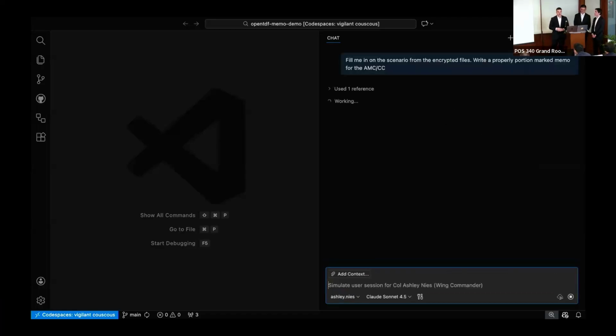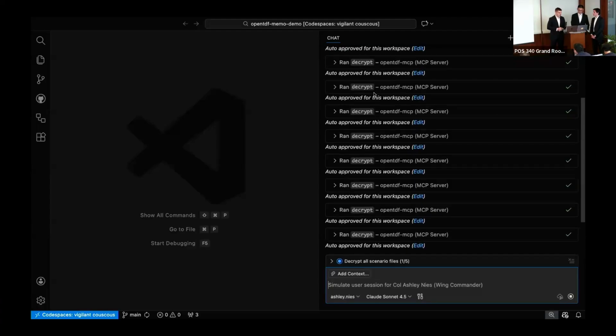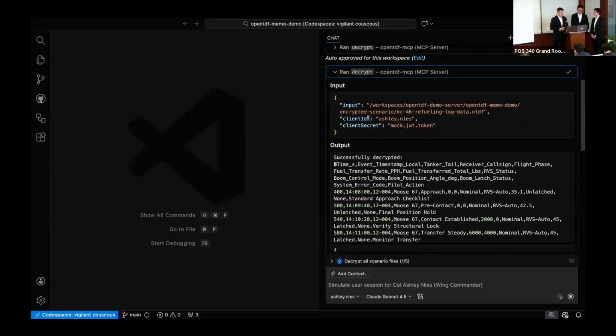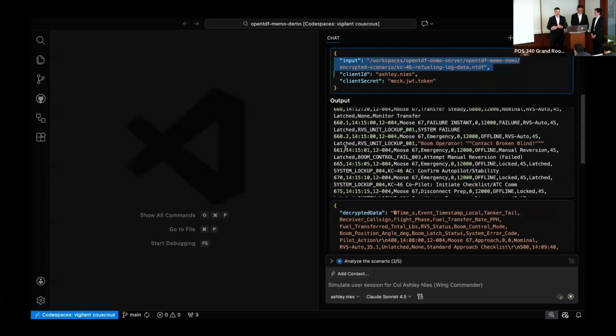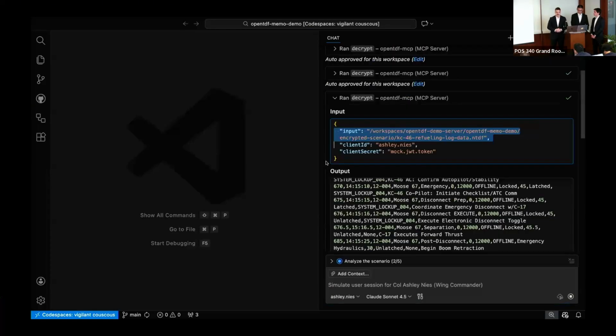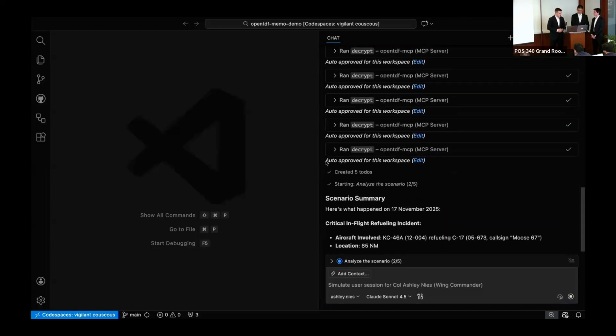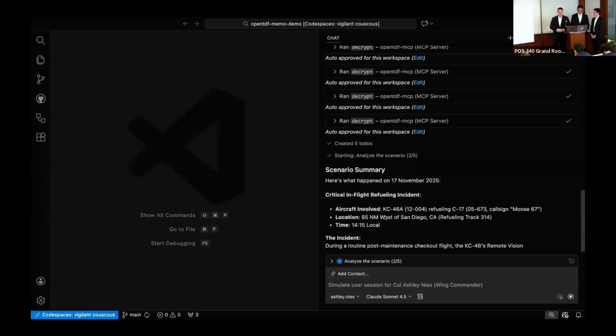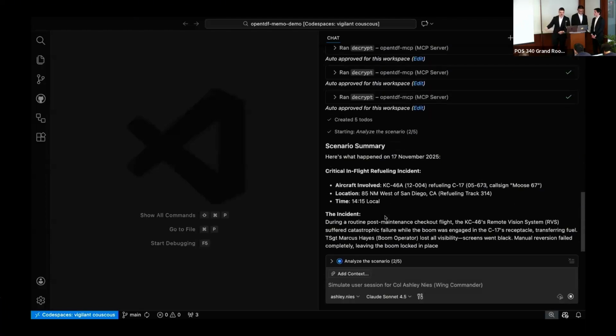Excellent. So now the OpenTDF MCP server, with its permissions as Colonel Ashley Neese, is going to go in. It is going to decrypt all of the relevant files that she has access to, which is all of them, and then it is going to synthesize all of that information to write a memorandum for the boss. And so we can see here, these are the commands that the MCP server is running in order to verify that this is Ashley and that she has access to these documents. And then now we are writing a summary for the commander, and the AI agent is also just giving us some text output